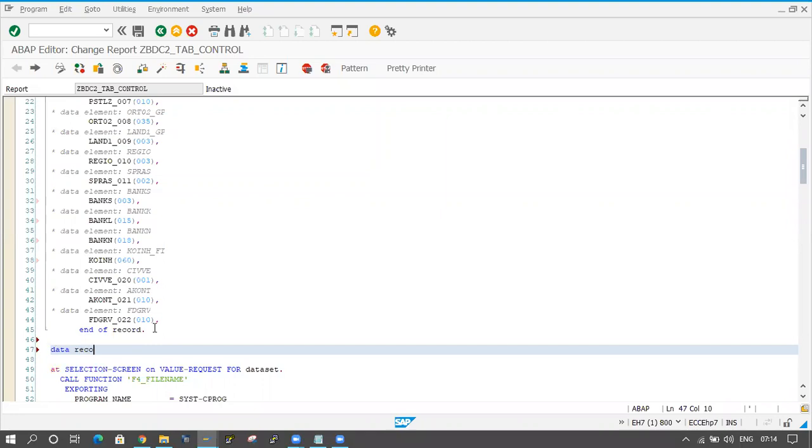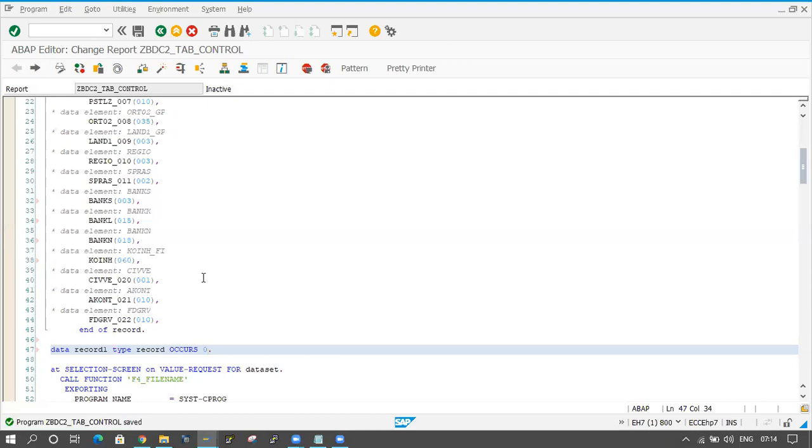record one. Record one type record. So I am taking two internal tables.